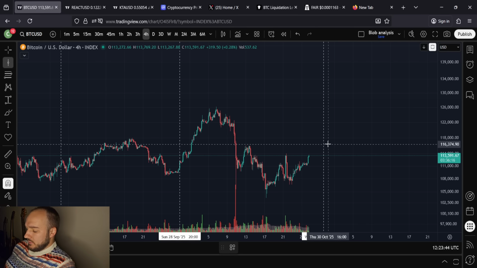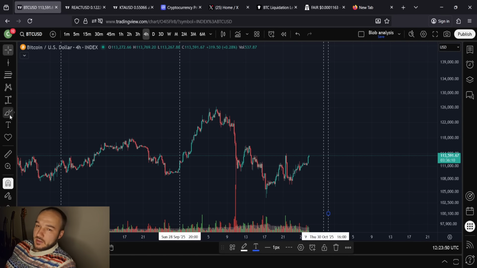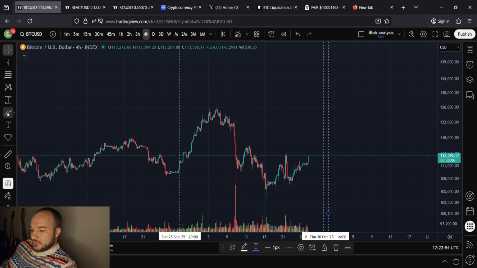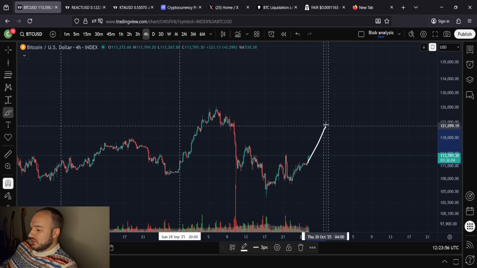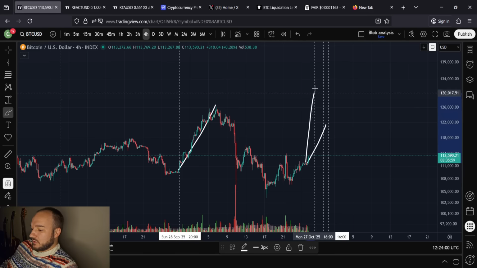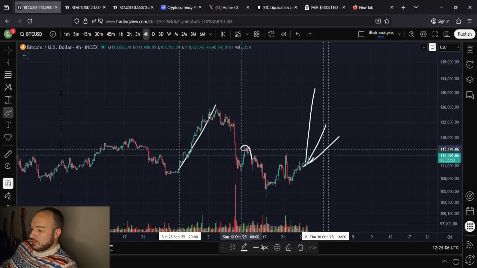And then on the 30th, we have Trump and Xi meeting. So we've got two big events that should be hopefully beneficial to the markets, right? That's what we're hoping for. I would expect that we do move up into these events. And in which case, if we were to move at the same pace, a faster pace, or even a slightly slower pace, I would think that Bitcoin will be 116K or higher. We should be above these highs.